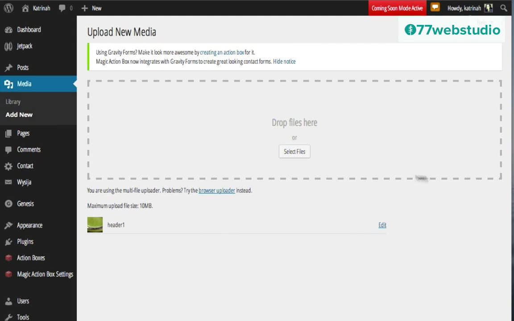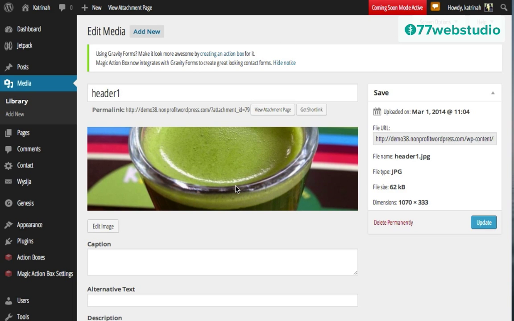Once the image has been uploaded, I'm going to click on this button to edit the image. Then here on the Edit Media screen, I'm going to give the uploaded image a new title and alternative text since this is not very descriptive. So I'll just call it by my URL right here. So just add that, and then I'll add the alternative text down below.